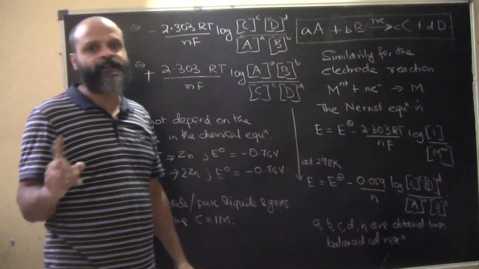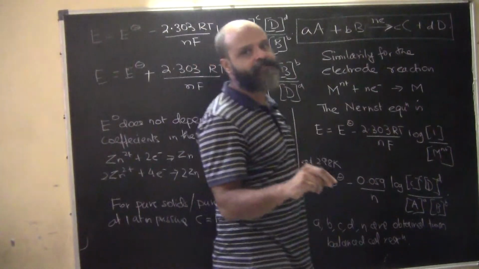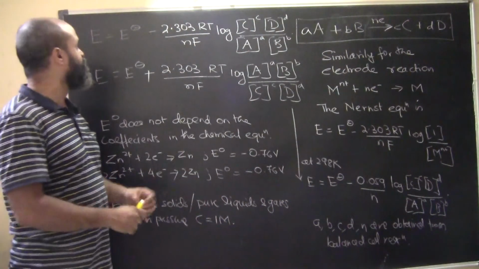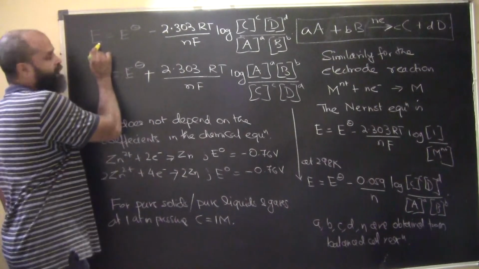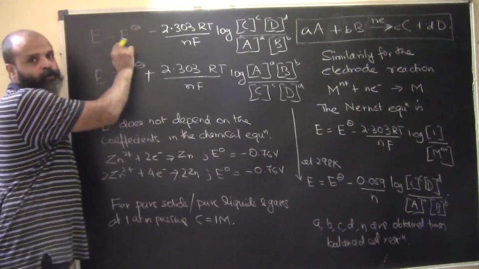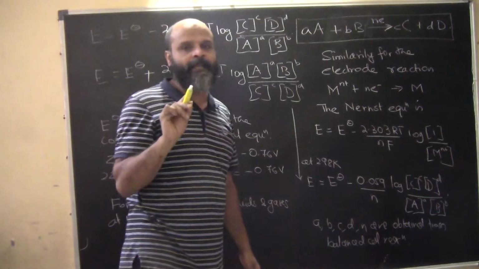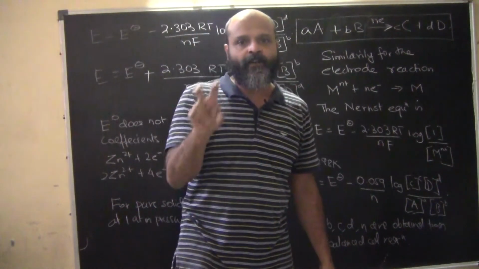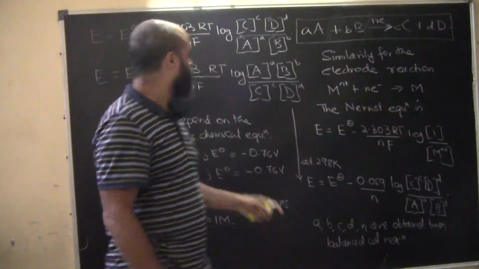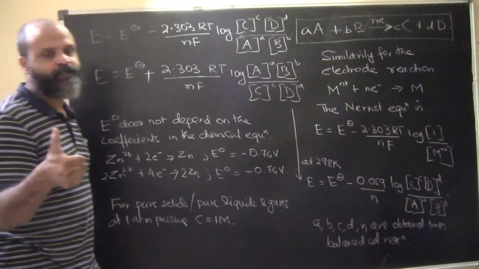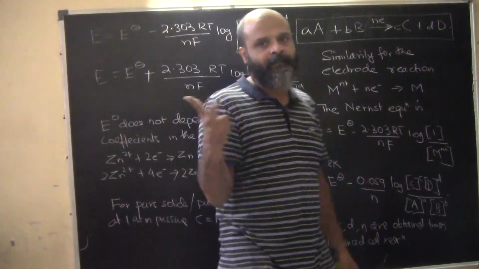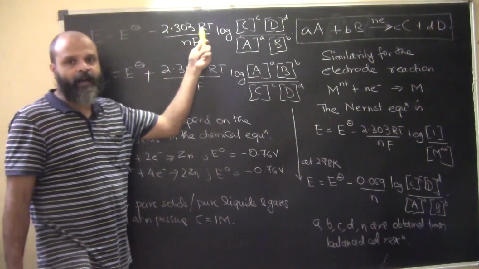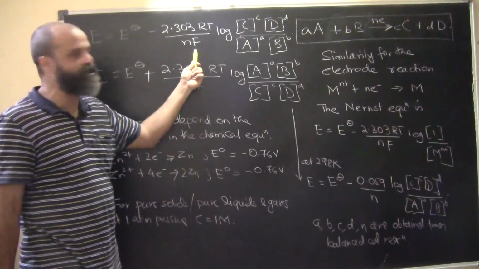So if we were to generalize the Nernst equation that we have just derived in the previous slide, then this will appear as: EMF of any cell is equal to EMF of the standard cell, that is the difference between the EMF standard cathode and EMF standard anode. Standard conditions are 1 atmospheric pressure, 298 Kelvin and 1 molar concentration, minus 2.303 RT/F. We have seen this derivation already.